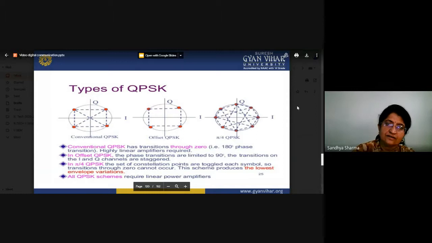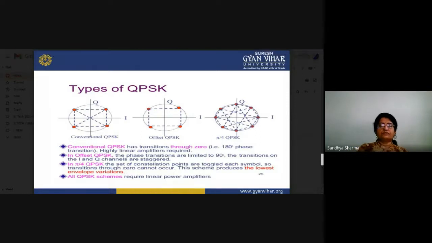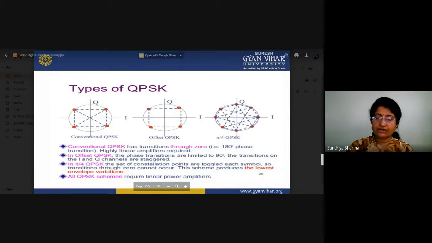So you can see here that it is basically a circle, and here we can represent the 4 points in this way. So there is no envelope variation, no amplitude variation, and no frequency change. As we can see, there will only be a change in the phase of our signal. So that is the final conclusion of our QPSK.